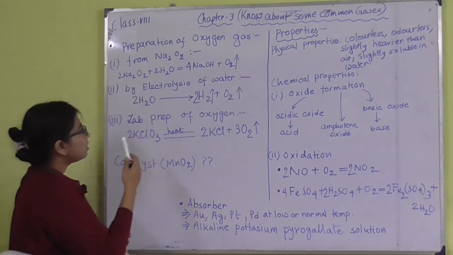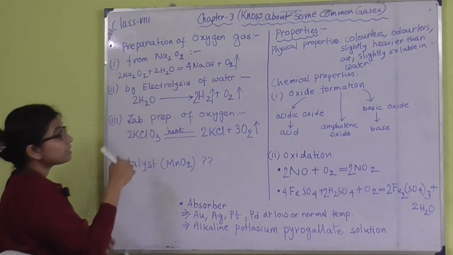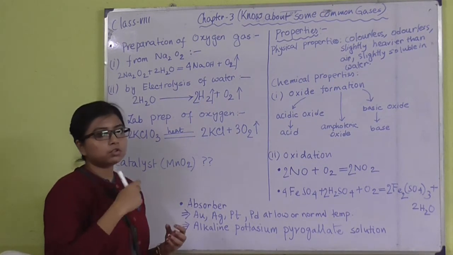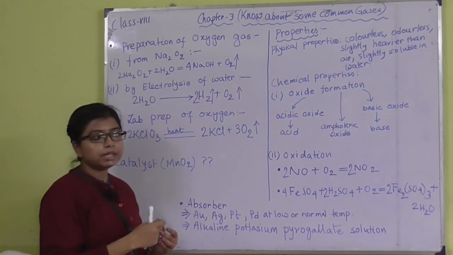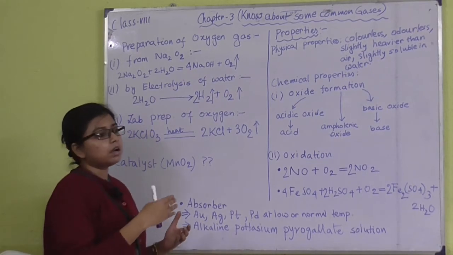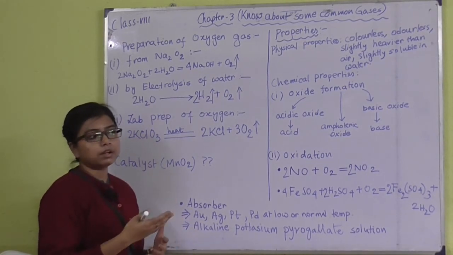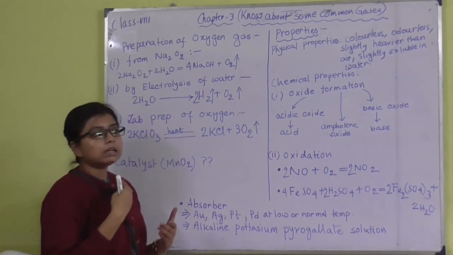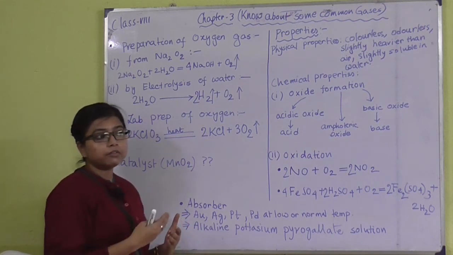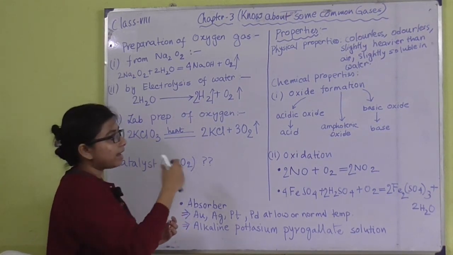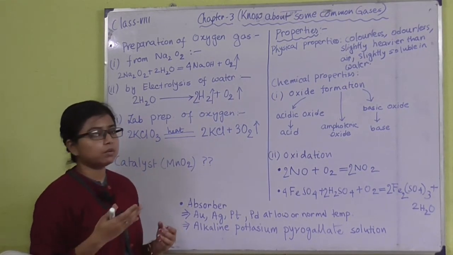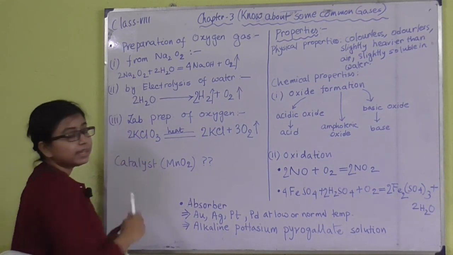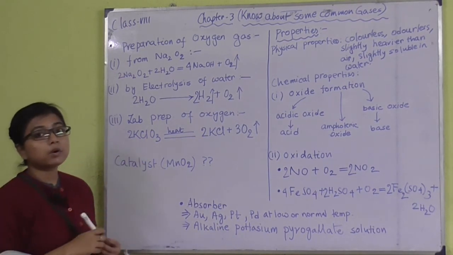Now the third process we have is known as the laboratory preparation. Laboratory preparation means we have to choose some chemicals by which we can produce our required compounds or chemicals by a convenient process, in a low cost process, but also we should generate the compound at its purest form. So for the laboratory preparation we use here KClO3, the name of this compound is potassium chlorate.